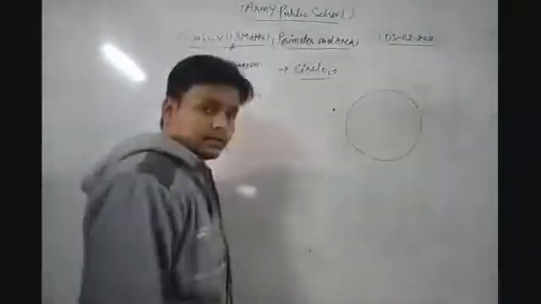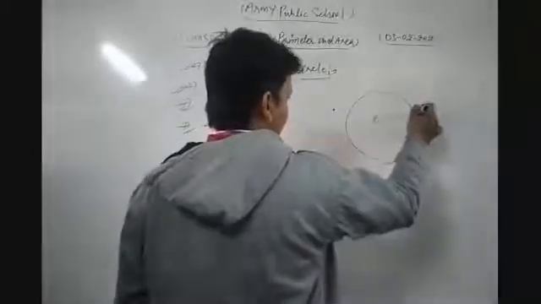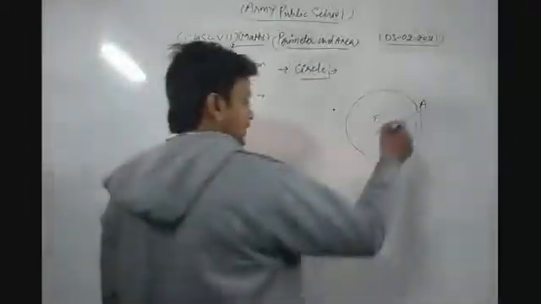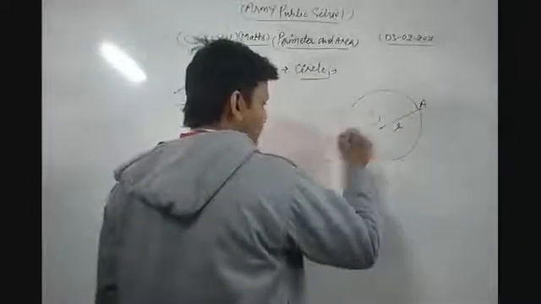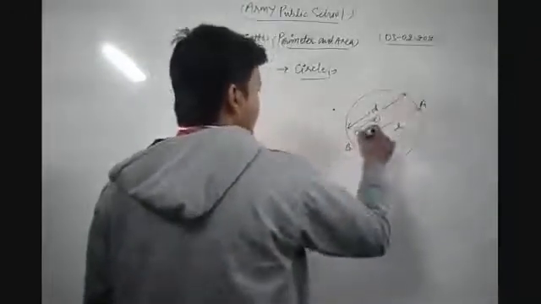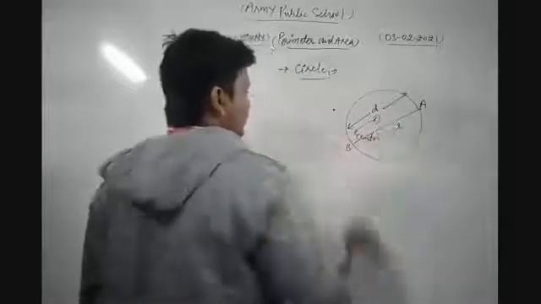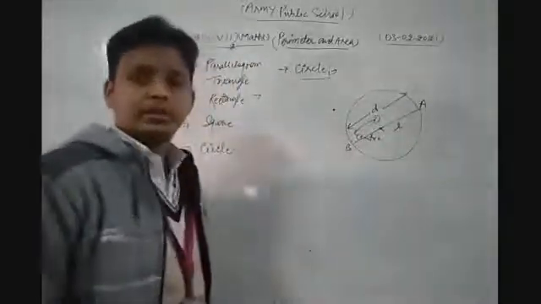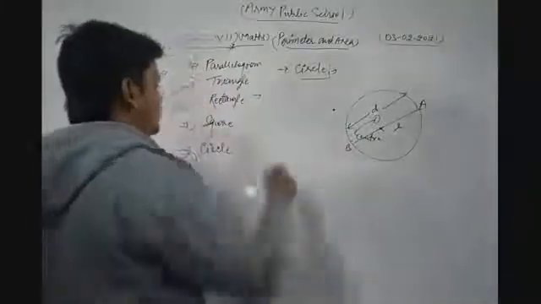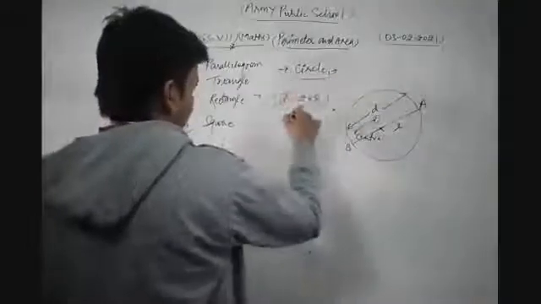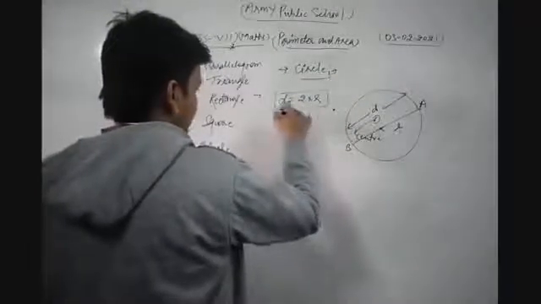Suppose that this is a circle with center O, and the line joining any point A on the circle and the center is known as radius. And diameter is what? Twice the radius. Here AB is your diameter. This is diameter D, this is the center of the circle and this is your radius, the distance between OA or OB. So the relationship between the radius and diameter is D is equal to 2 into R, that is R is equal to half of the diameter, D by 2.